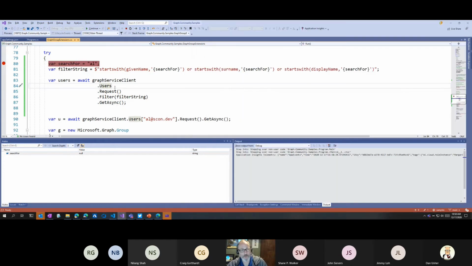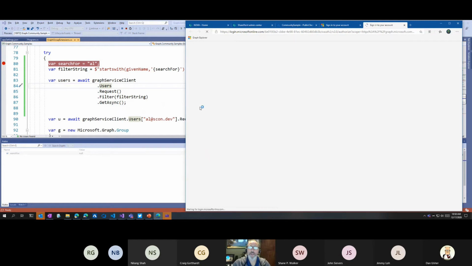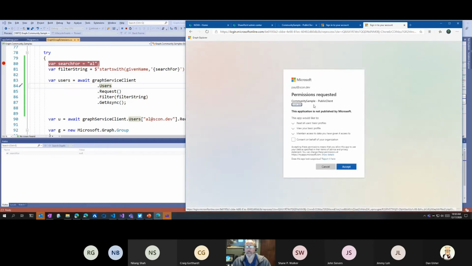And that's one of the benefits that we can do if we write in code. We say, hey, just go ahead and use what's already in use by the user. So again, who am I doing? I'm choosing my dev account. And now it's saying, okay, you're asking for permission, right?